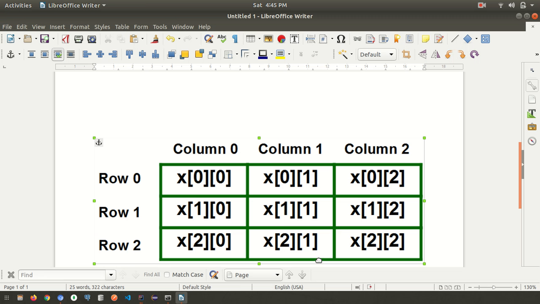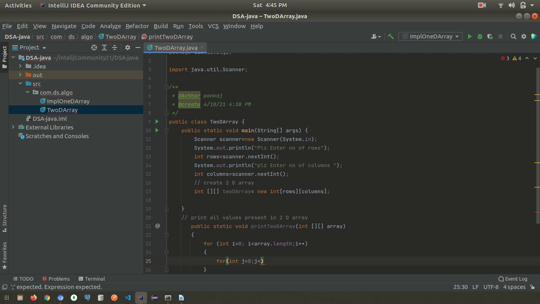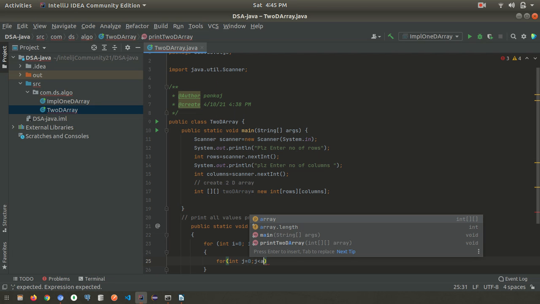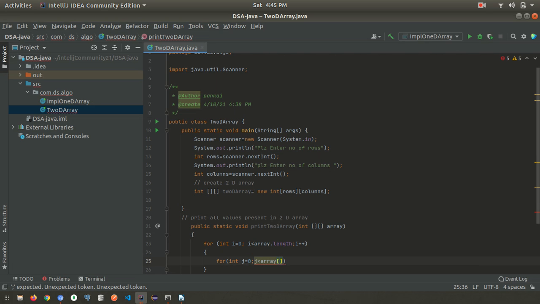so array.length will give the total number of rows, how many rows are present, but we want how many columns there are. So we can call array of 0 dot length, or array of i dot length, the length of row i.